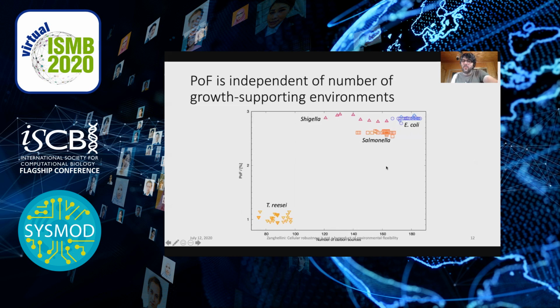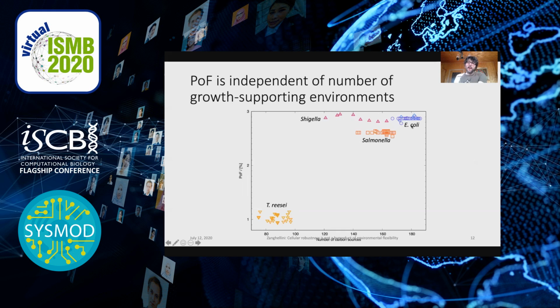We don't see any trend in the probability of failure. The same is true in Trichoderma reesei. Also here, different Trichoderma reesei strains don't show any difference, or show only little differences in the probability of failure. What we do see is a substantial difference between Trichoderma reesei, which is more robust